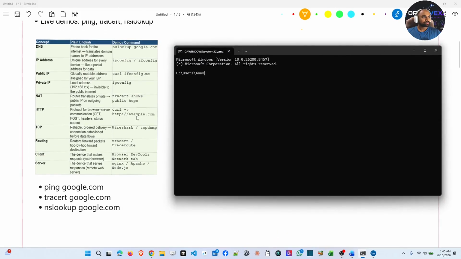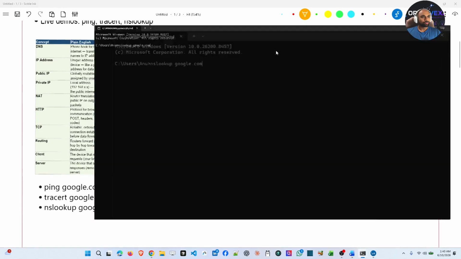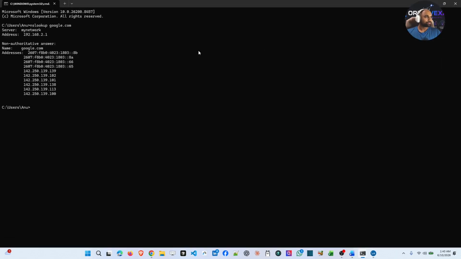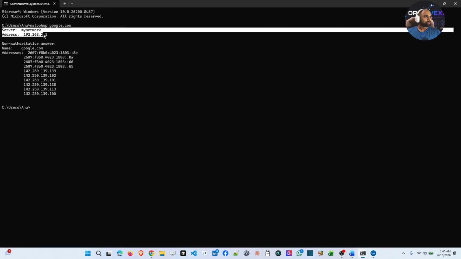First, if you want to see the IP address of google.com, we can use nslookup google.com. If we execute this command, it shows my home network IP address, a private IP address,